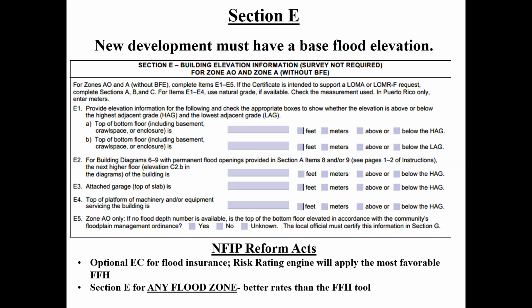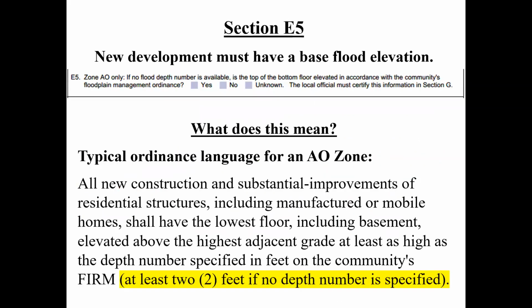So anyone can do this with a yardstick. You don't need a GPS or a surveyor, anybody. Of course, we still have the 1 foot above requirement in Kansas, and we talked about that. And then again, risk rating 2.0 with the optional elevation certificate will go with the number that's most favorable to the policyholder. Okay. And then, so here's a snippet of that language where it says at least 2 feet if